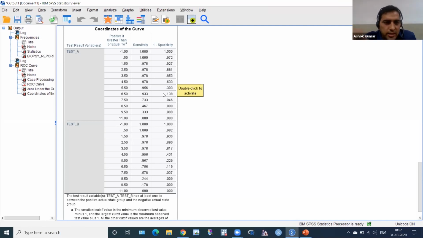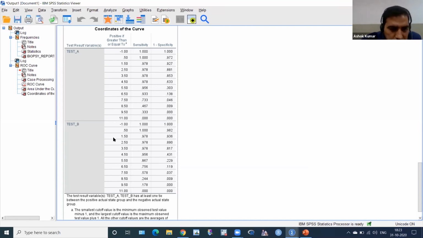So if you test A on any patient, if you get more than 6.5, meaning 7, there is a 93% chance that the patient, if they have the disease, will test positive, and around a 90% chance that the patient will test negative if they don't have the disease, at 7 or more than 7, not like 6, because 6.6 is below 6. So for this value it will come.